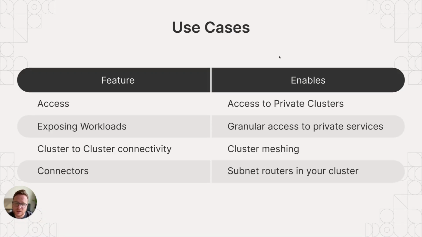The Tailscale Kubernetes operator has four main use cases which we're going to cover today. It allows you to quickly and easily enable access to control planes and API servers that are in private subnets using an API proxy. It enables exposing cluster workloads to a private, secure network using service and ingress objects. It also helps you design cross-cluster connectivity solutions that would usually require complex network implementations or hard-to-manage service mesh solutions. And finally, it allows you to quickly and easily create Tailscale subnet routers, which are highly available using the connectors CRD. Generally, I don't like these presentations to have a lot of slides, so let's head right into a demo